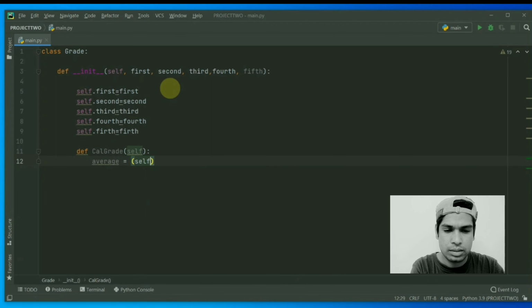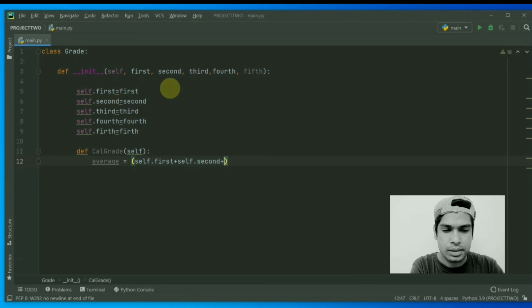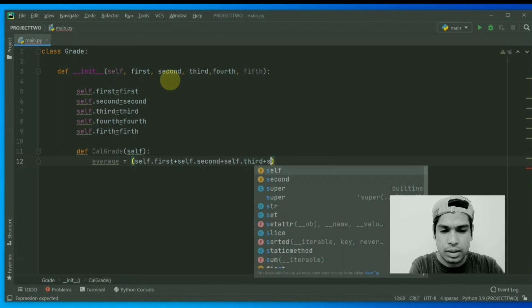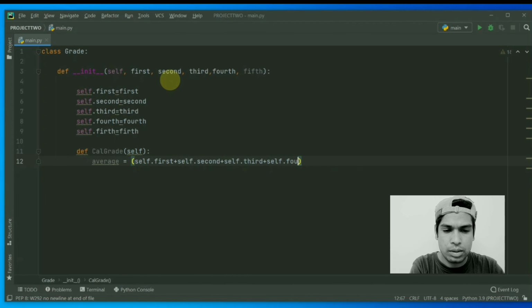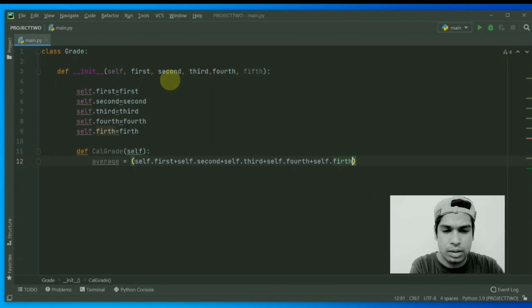parenthesis self.first plus self.second plus self.third plus self.fourth plus self.fifth. Okay, print